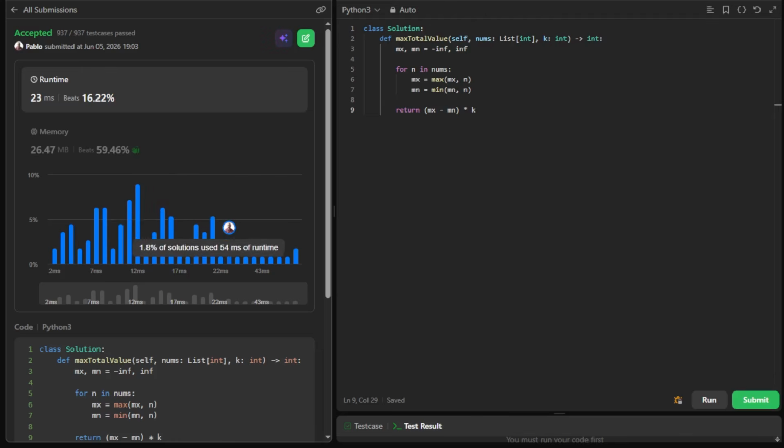As you can see, this works and it's very efficient,